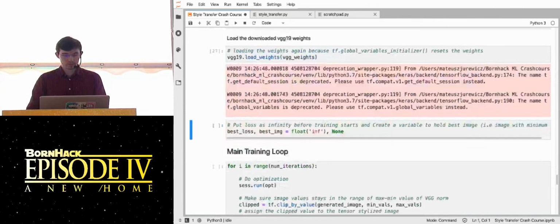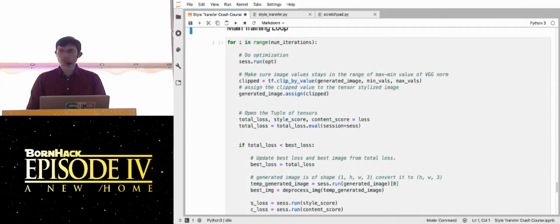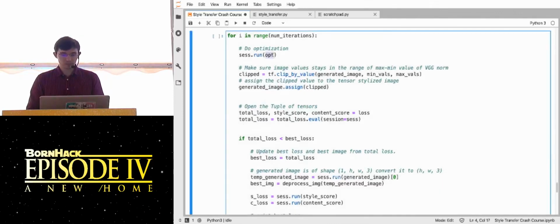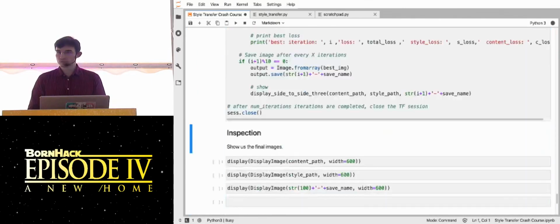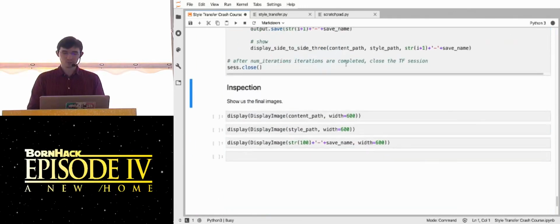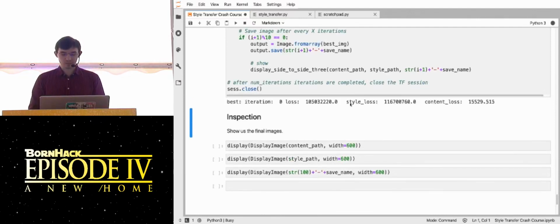We have to reload the weights because of TensorFlow. And yeah, then we're just going to run it for a number of iterations. It has to check whether the values of the image are good, but that's a nuance. And it continues running the optimization operation and it computes the loss. So I'm just going to run it. And then it will crash and burn, possibly. We're just going to hold here for a moment so that we can see that it actually does something. OK, it does something. And we're going to come back to this at the end of the session to see what it does.